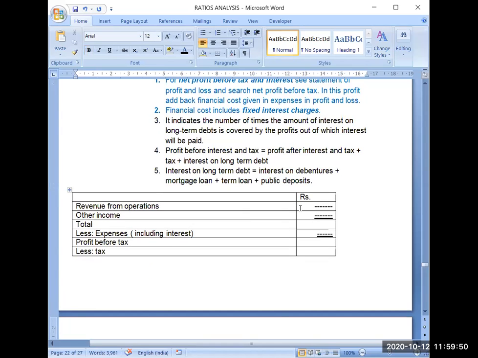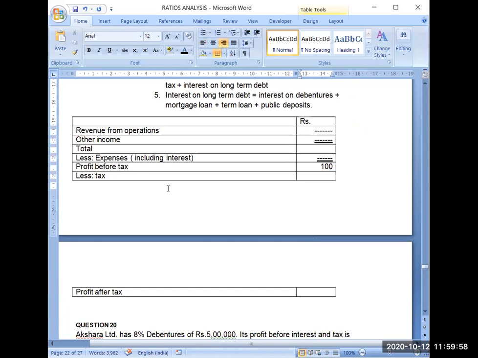How does it become tricky? Suppose here I have a profit before tax of rupees 100, and the tax rate is suppose 40%. So obviously my tax will be 40, and profit after tax will be only 60. Please be clear about these things. I am assuming that my profit before tax was 100 and my tax is 40. Obviously, I can calculate tax now, and whatever is left afterwards will be only 60 rupees.